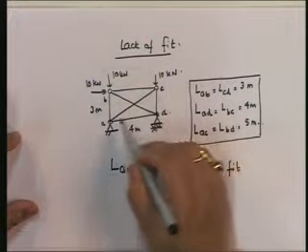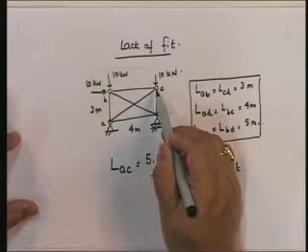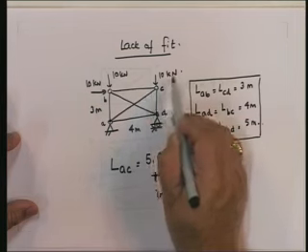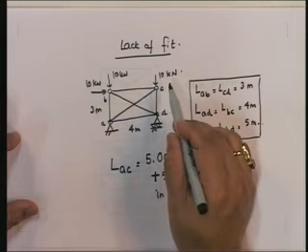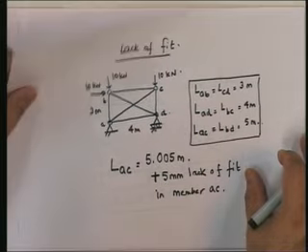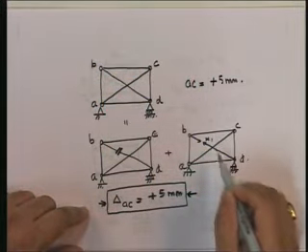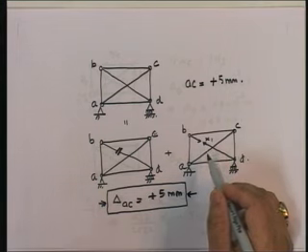So therefore, if I have a structure where I have all the loads as well as a lack of fit, I can treat this problem as a superposition of two problems. One problem where there is no lack of fit. The member AC is 5 meters and we consider the effect of the loads. Analyze the structure for that. Then I can solve another problem where there are no loads, there is only the lack of fit. Solve that problem. And then